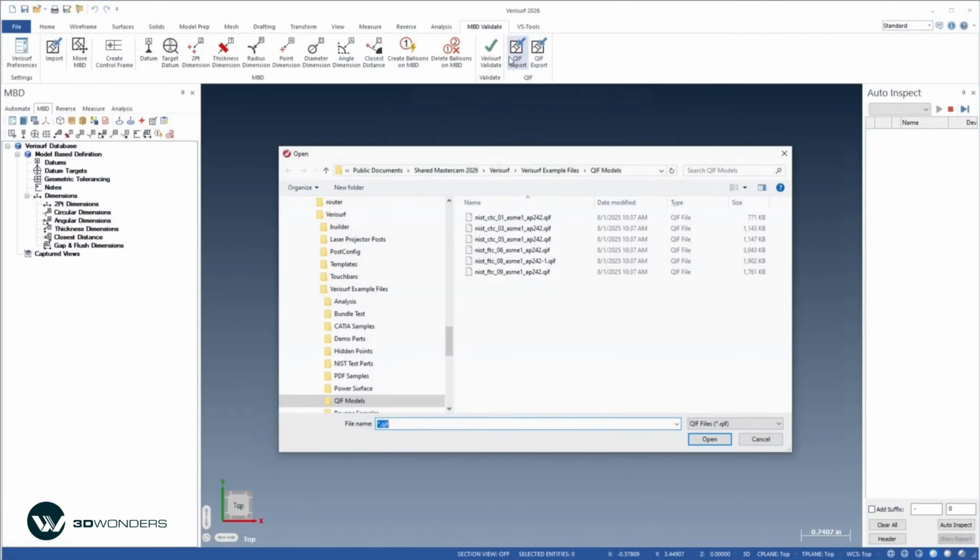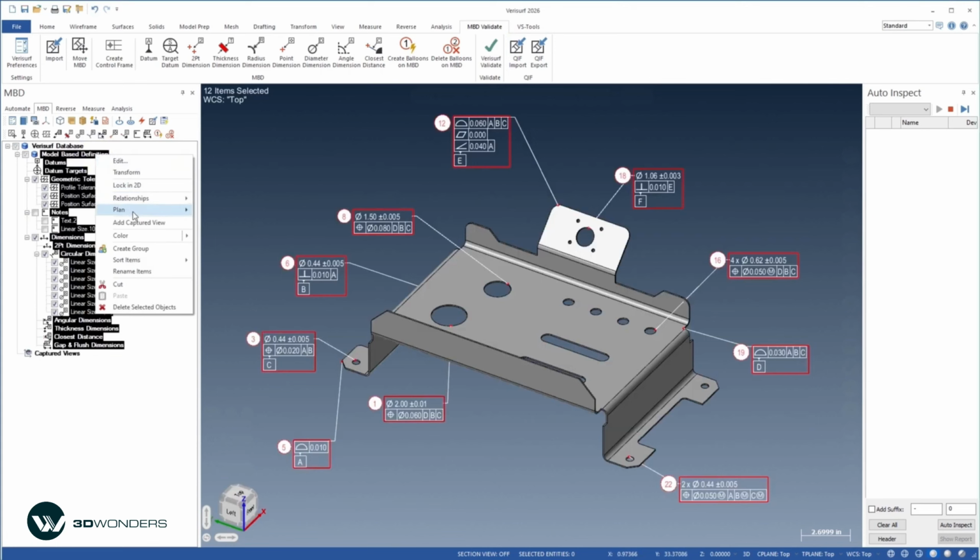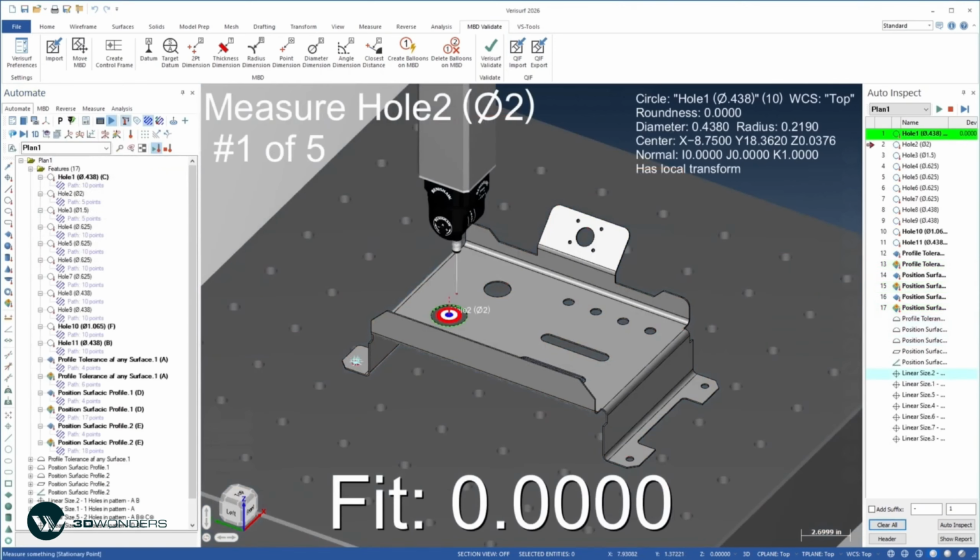With Verisurf 2026, you'll benefit from a complete model-based workflow with inspection automation and digital traceability to ensure high-quality inspection